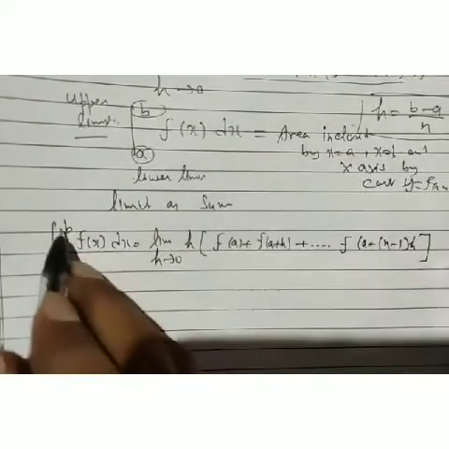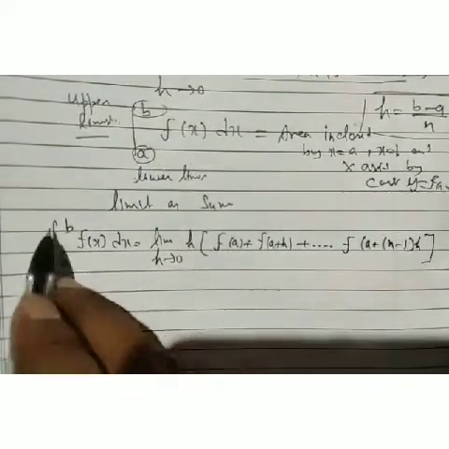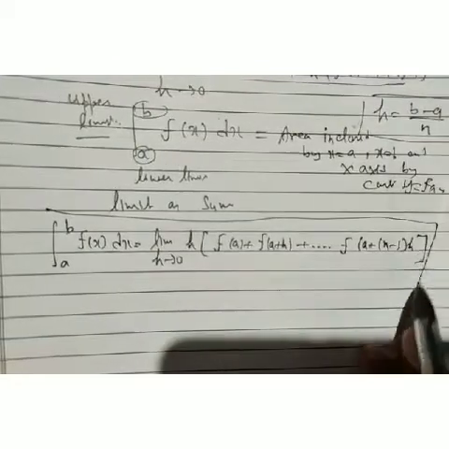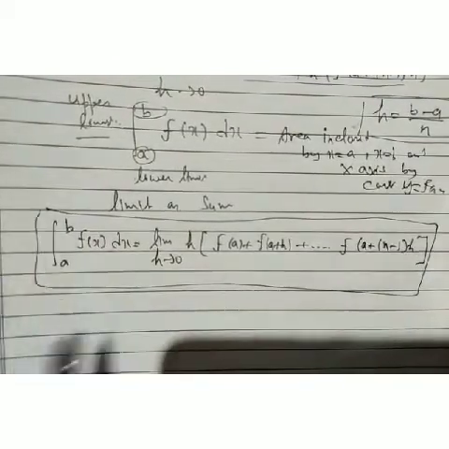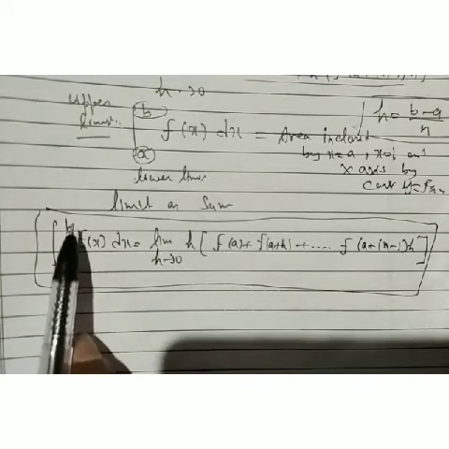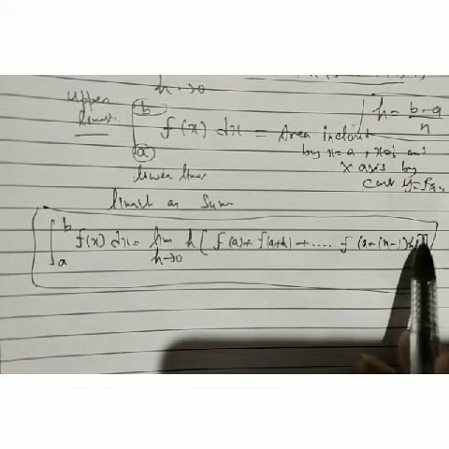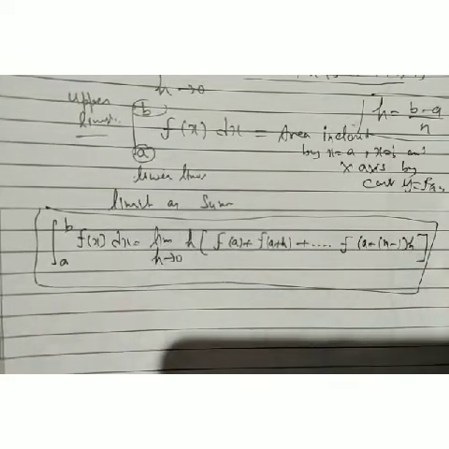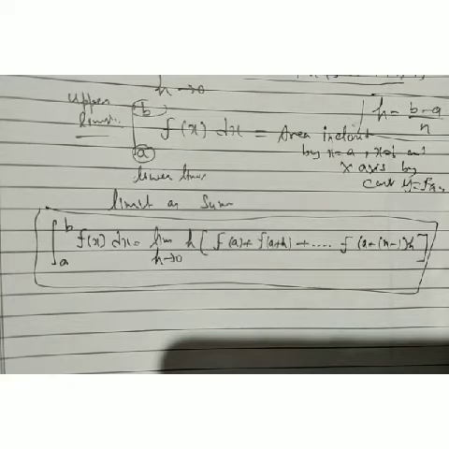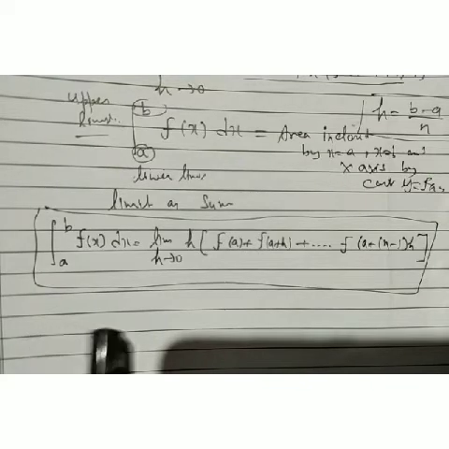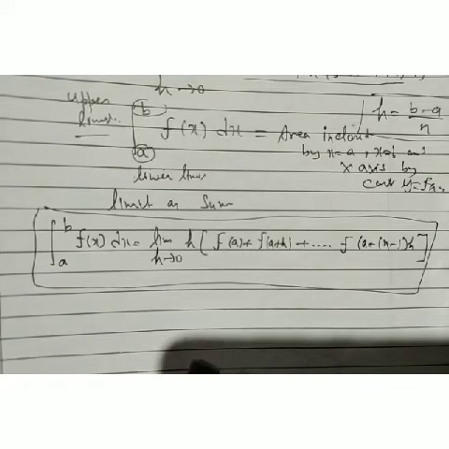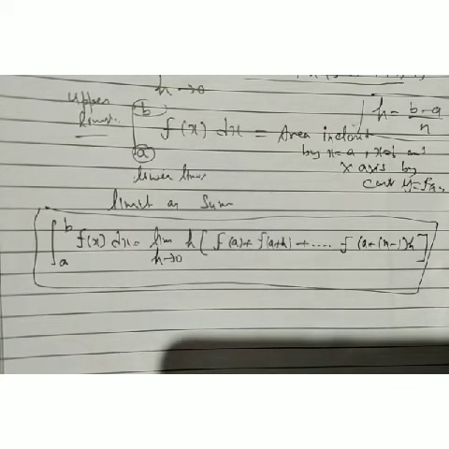And this is called our definite integral of f(x). This is our limit of sum formula. This is called the definite integral of f(x) between the limits x equal to a and x equal to b. And you have to learn this limit as a sum formula. Now when you are asked any problem in definite integrals, and it is mentioned that you have to find its value as a limit of a sum, then you have to use the limit as a sum.